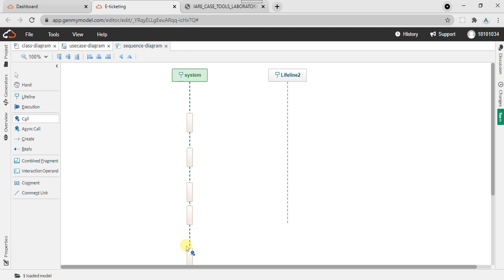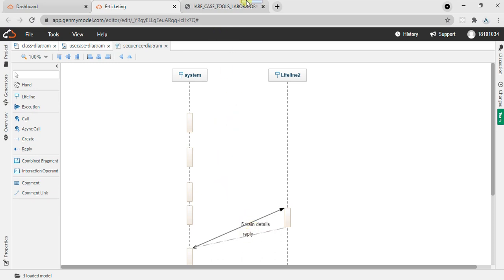Okay, we want to extend it. Okay, what's the call? Train details. Sorry, 5 dot train details.